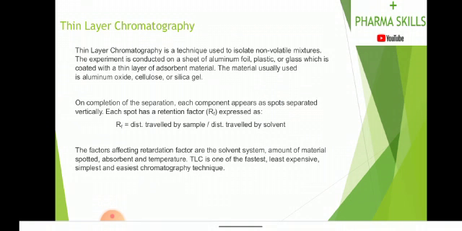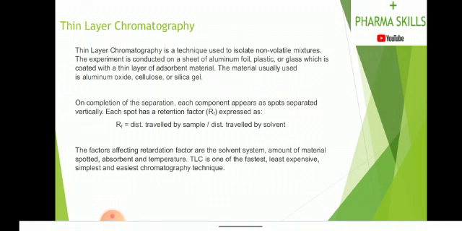On the completion of separation, each component appears as spots separated vertically. Each spot has a retention factor. The spots are nothing but the components which we are getting. This we are able to see with the help of spots. So each component has its retention factor.